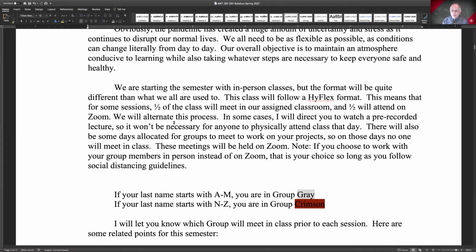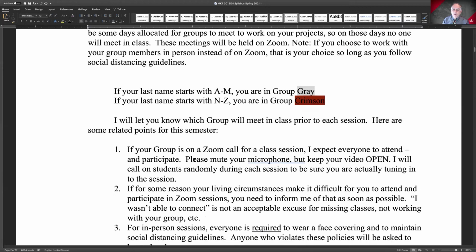So for example, our next class on Thursday, we will all be meeting on Zoom, and I'll remind you of that later, but we'll all be meeting on Zoom on Thursday. So we'll be dividing into two groups, the gray group and the crimson group. And as it says here, if your last name starts A through M, you are in group gray, and otherwise you are in group crimson.